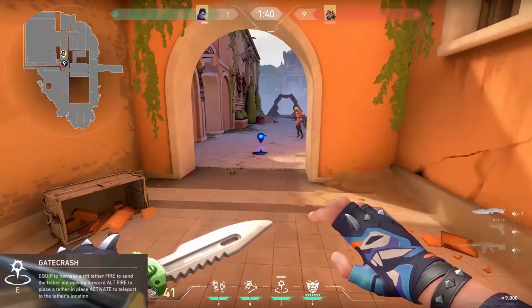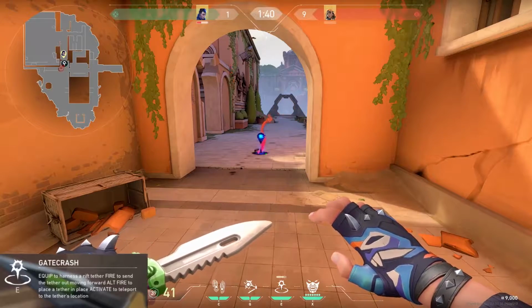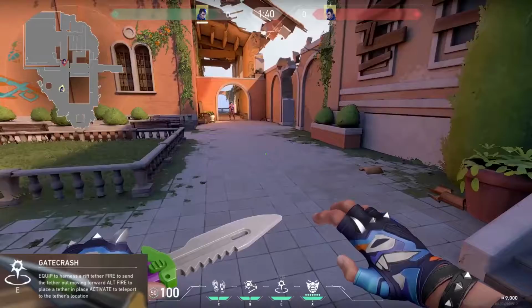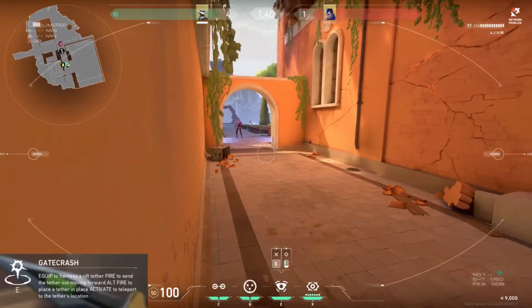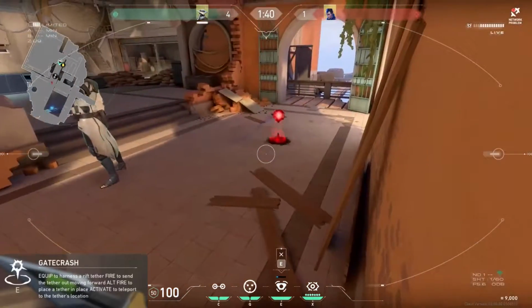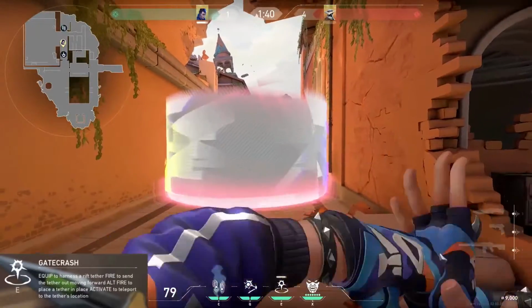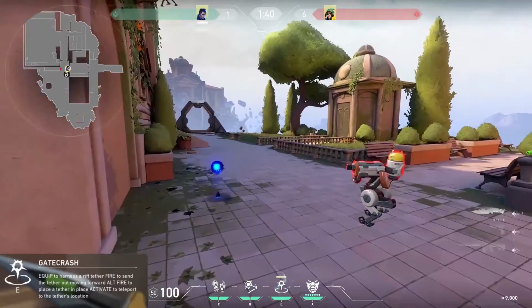It can be broken using bullets and abilities. So if Yoru has placed a Gatecrash, then you can break it using utility. It can be seen through camera and drone if you are close enough. The fact that it requires a range to see where it is, it's pretty insane,